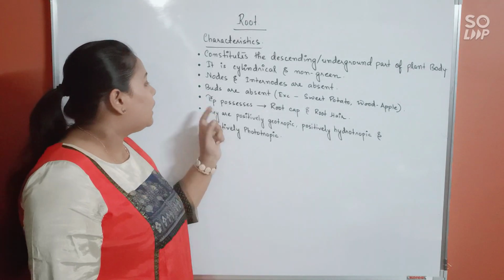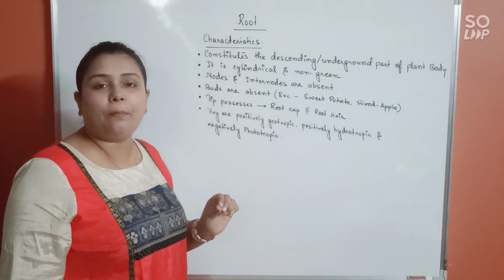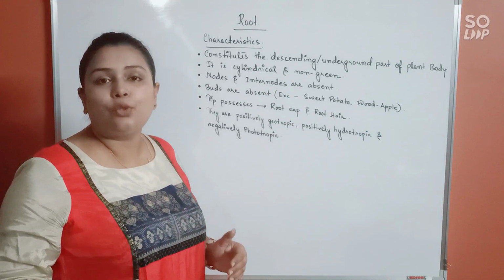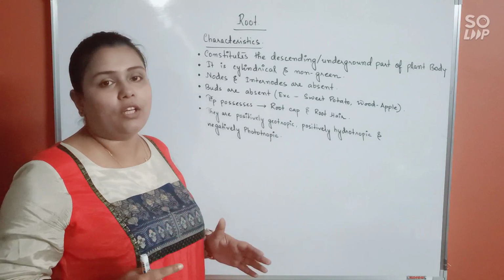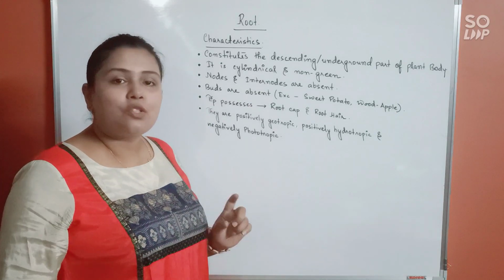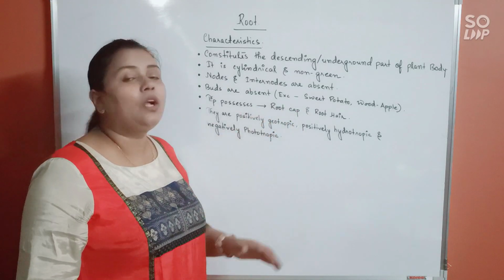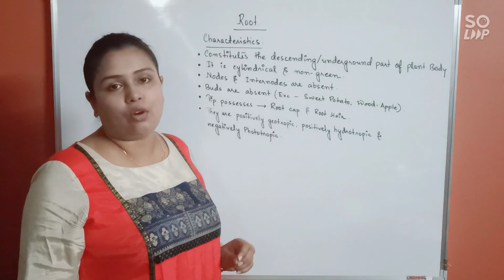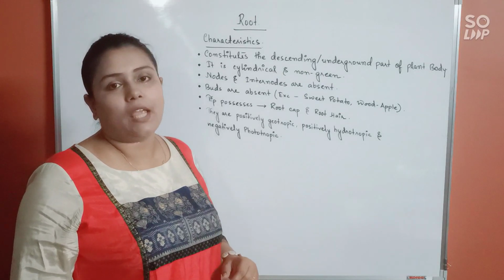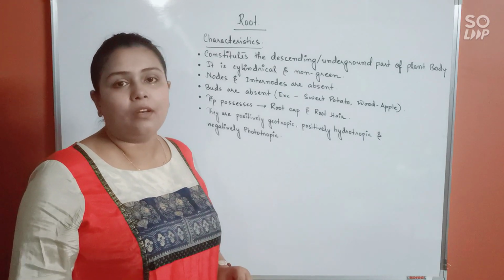Alright. Now, the tip of the root would possess a root cap. This is a thimble-shaped structure present exactly at the tip of the root, so that while the root is moving inside the soil, it is protected against wear and tear and does not come across any kind of harm. Also, there are minute unicellular hair-like structures nearby the tip of the root, which increase the surface area for absorption. Hence, they are very helpful while absorbing water and minerals from the soil.